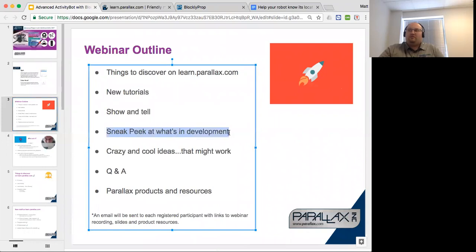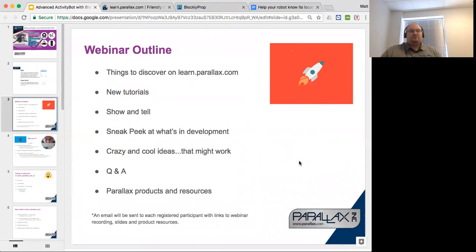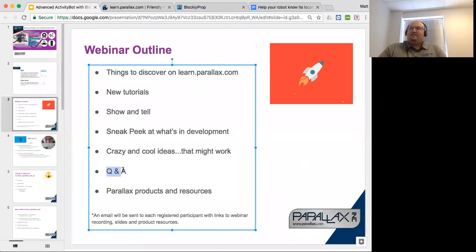And a sneak peek at what's in development, specifically for the ActivityBot. Some crazy cool ideas. So once we get through some of the foundational stuff, where you could go from here, things that I've had as thoughts in my brain, but that may or may not work. Sometimes you come up with a great idea and it's just that, it's an idea. And when the rubber meets reality, it never quite pans out. And sometimes they do, sometimes they work brilliantly. Then after that, we'll do Q&A. We'll hopefully have a good discussion about